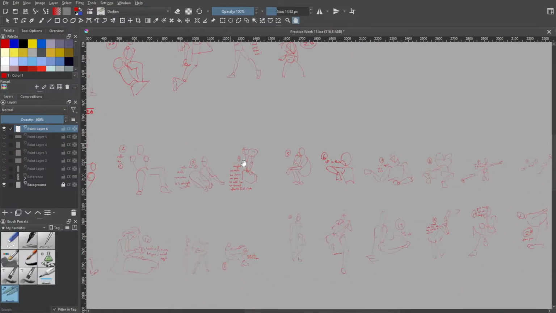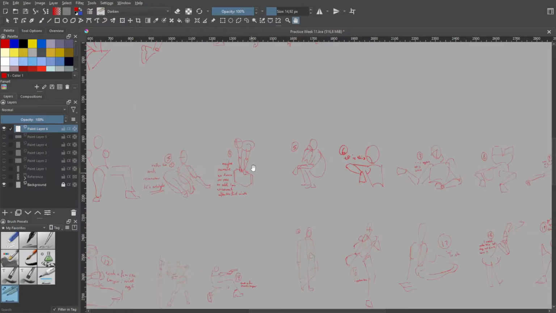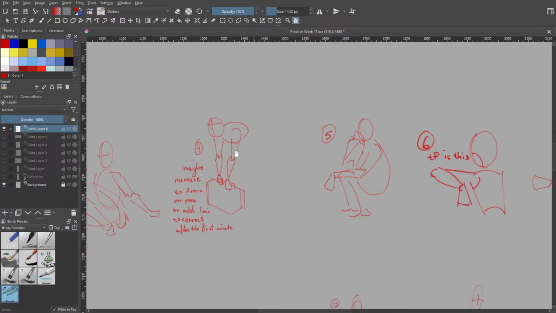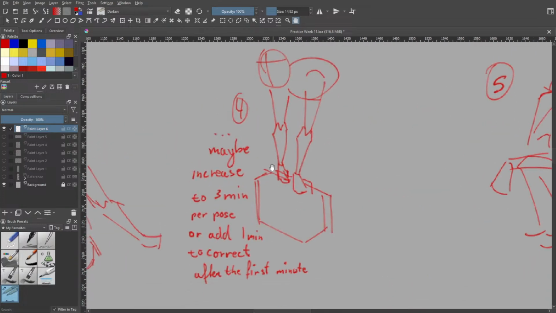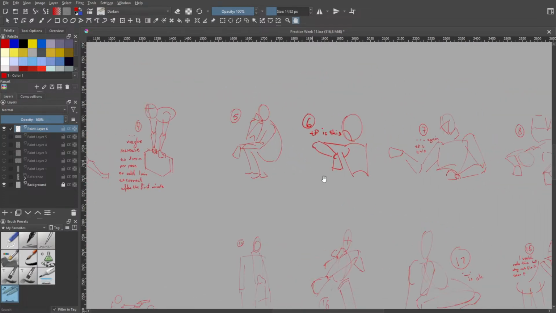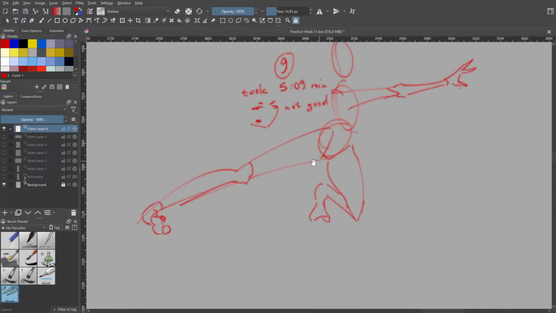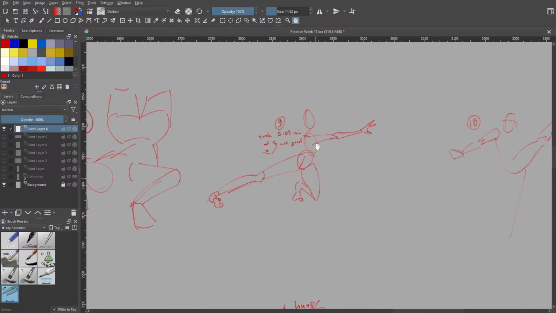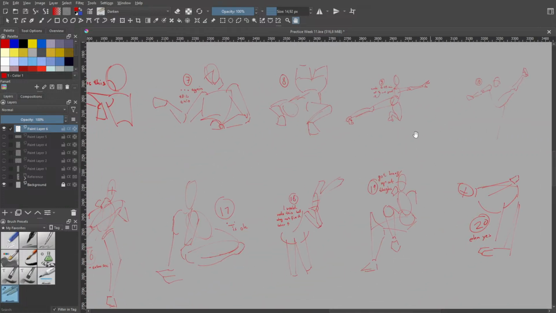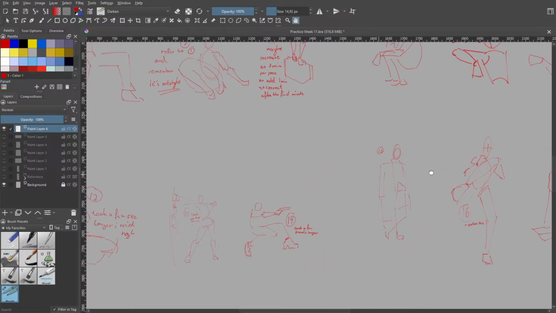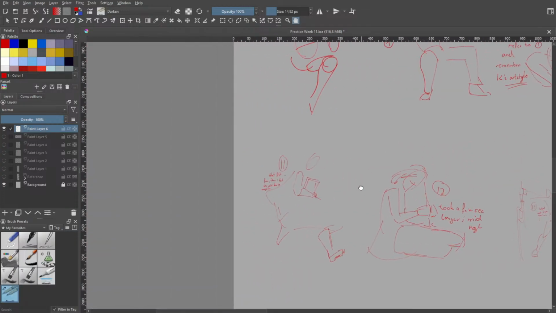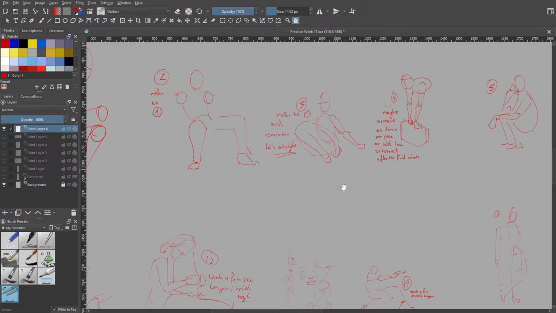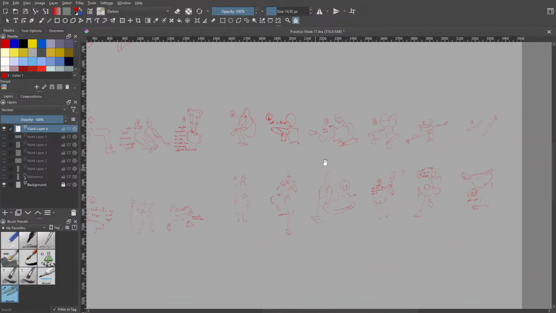Since these poses are just 1 minute, and you should most importantly care about not going over this time limit, which I did in a few drawings, I believe. Yes, this one here, which I timed because I just wanted to see how I would draw the pose. And in a few others, one particularly, but I can't quite find it right now. I mean, it's not that important, but